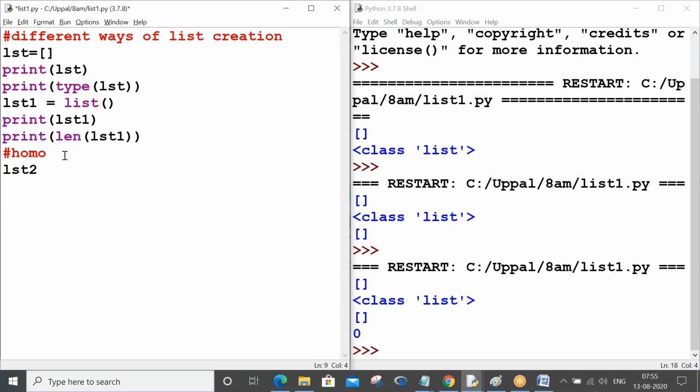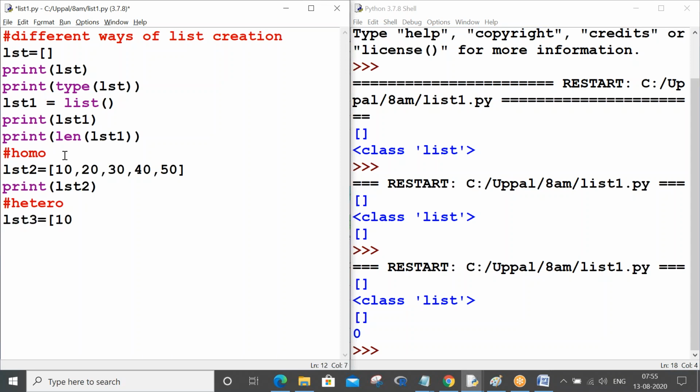Now let us quickly do this. This is homogeneous, print LST of 2. Now you please take list 3 quickly.